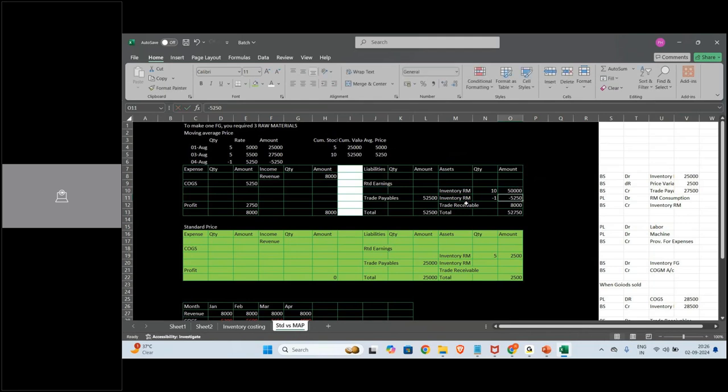But to the vendor, don't be under pressure that you have to understand. It's okay. Even I took a lot of time to understand this when I was learning initially. What is price determination control, etc.? If you are not understanding, you can tell. Trade payables will be 52,500. But it will not tally, right? This 2,500 doesn't tally, so you will book it to the price variance account. Price variance will be 2,500. Where is it sitting? In the expense side of the P&L. Are you comfortable with this entry?